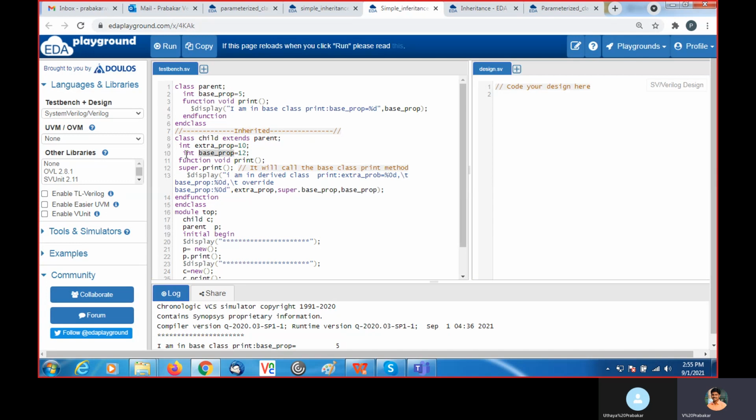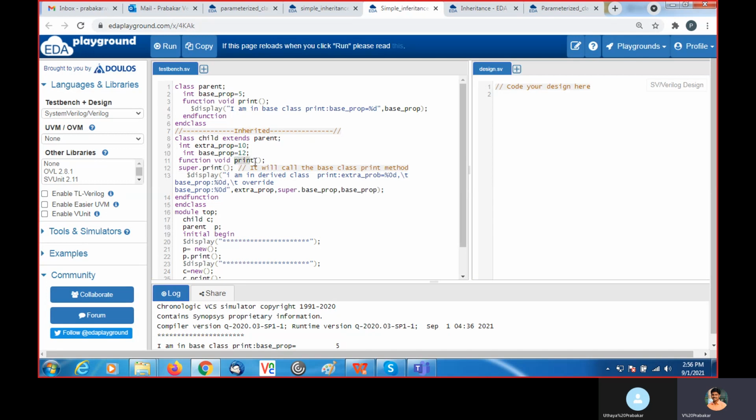If I didn't mention this line, int base_property equal to 5 would automatically be available there, and the base property value would be 5. If I want to override that, I need to explicitly write int base_property equal to 12. Now the base property value is 12. And inside function print, I am calling the print function of the base class.